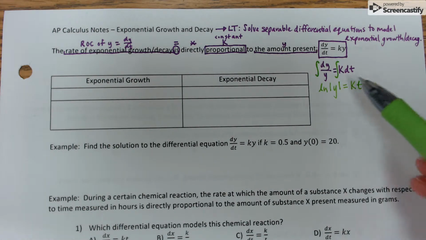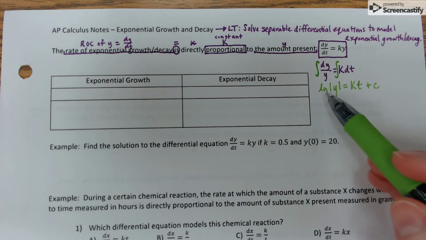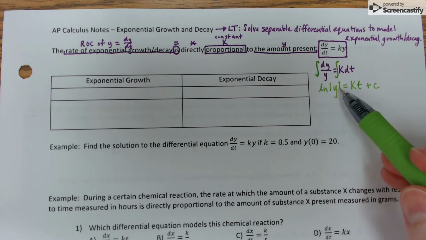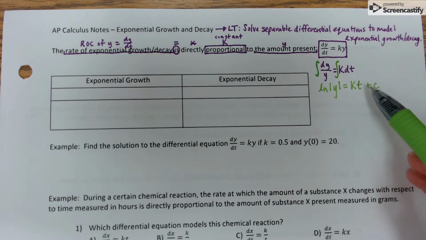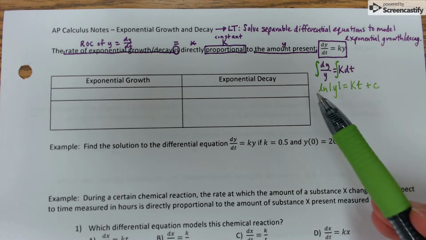So once I finished separating the variables, I went ahead into my integration step. I got the natural log of the absolute value of y equals kt, and then I remembered my unknown constant plus c. And this is that one differential equation that's the exception. We wouldn't want to plug in our initial condition yet. We'd want to start by